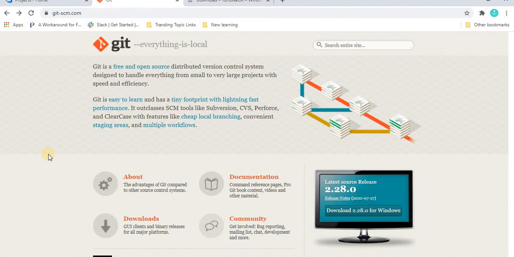Apart from this, we will see how to do cloning with Visual Studio also. You can install any version of Visual Studio. So we will see these three tools and how we do cloning with each of them. Let's start with Git, then we will see the other tools as well.